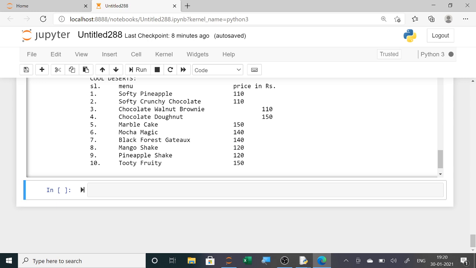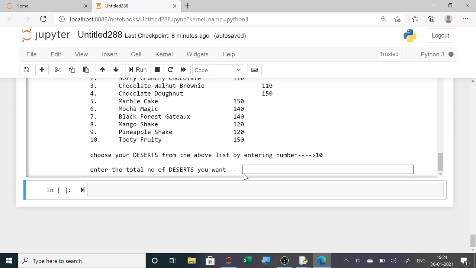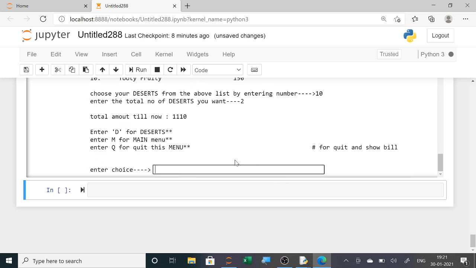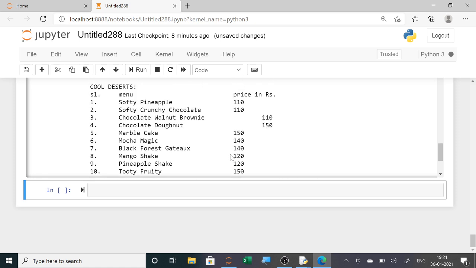Now whichever you want from here, suppose I want a chocolate walnut brownie, or a softy, anyone you can enter here. Tutti frutti I want, suppose 10 I want. So I will enter here 10 and now the number, so 2 I am entering here. Now you can see it has added here 150 into 2, that is 300 rupees, to the previous one.